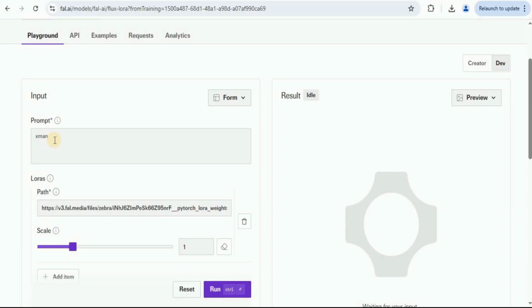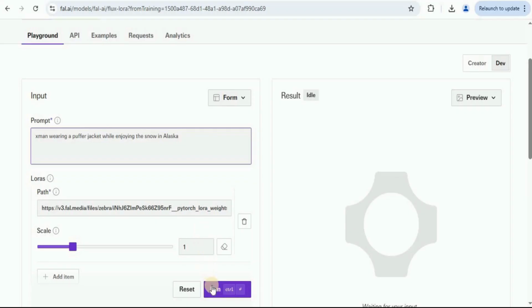So now what we need to do is add a text prompt alongside the trigger word and then run the model. Let's go ahead and see a few examples. We have a trigger word right here, so whatever you want to generate, you have to write it after that. Now I'm going to provide it the prompt: X-Men wearing a puffer jacket while enjoying the snow in Alaska.